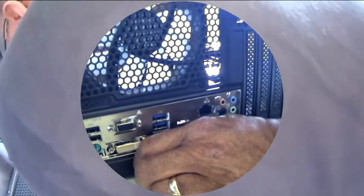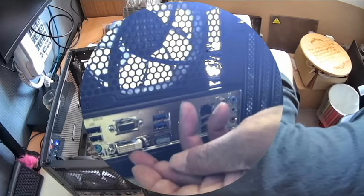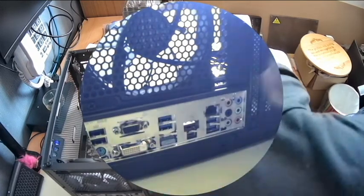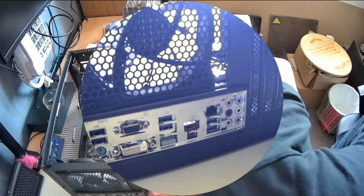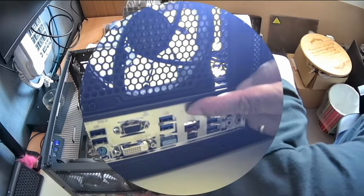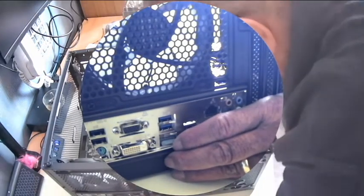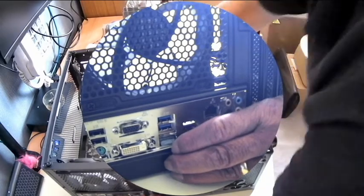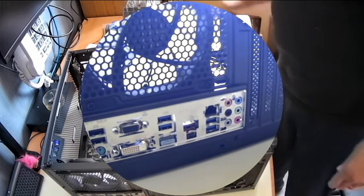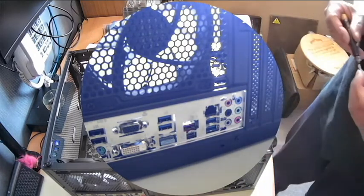So, first of all, I'm just checking the case fan at the rear here. The cables are free, I can move them, so it's not fouling anything. These are all lining up. There's nothing obstructing any of the ports. It's not bowing through undue stress, and I think we can go ahead and reattach the board. So I'm going to put